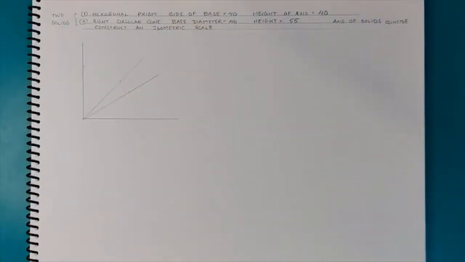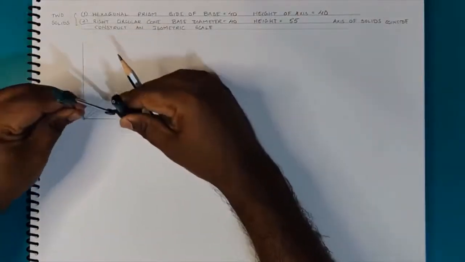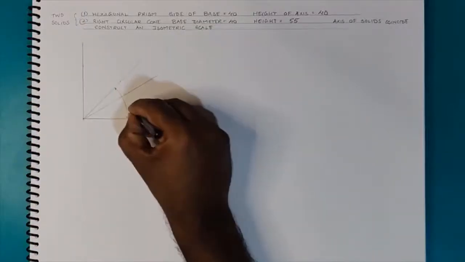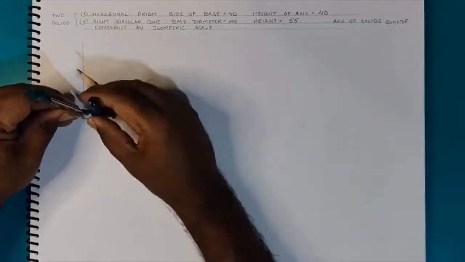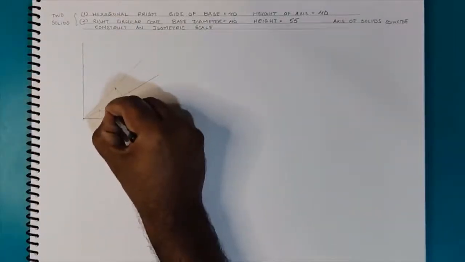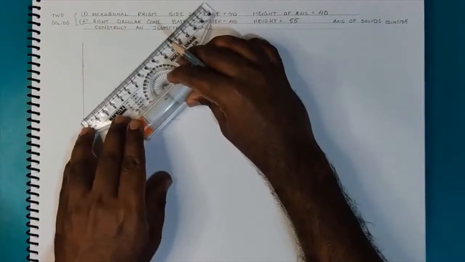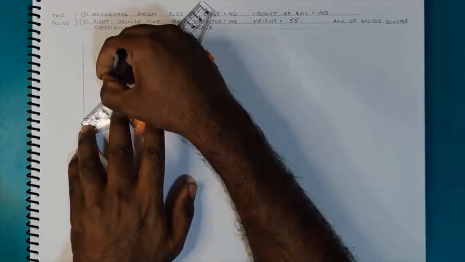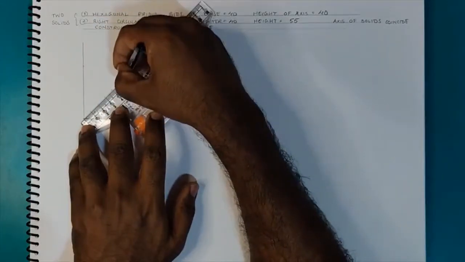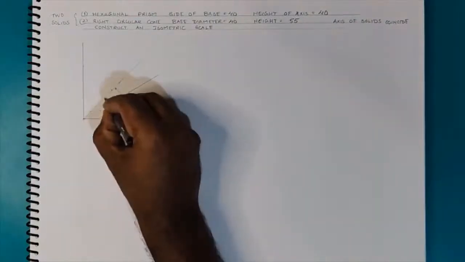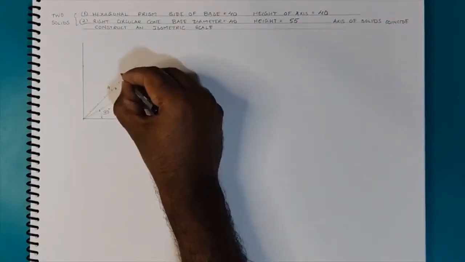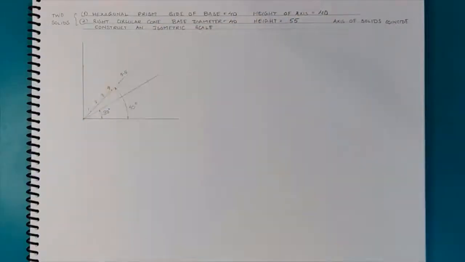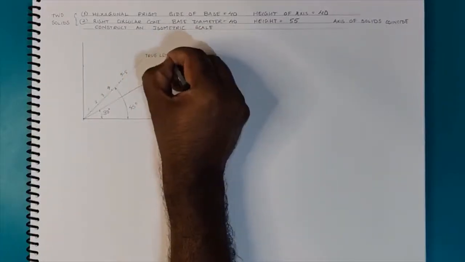On the line inclined at 45 degrees, I'll be marking the true length. On the line inclined at 30 degrees, I'll be obtaining the isometric length. Now I take 1 centimeter divisions on the true length line which is inclined at 45 degrees. Remember, I need the distances of 40 and 55, which are important to me, and I am taking them intentionally on the true length line.